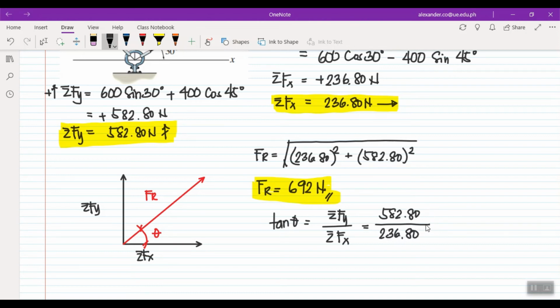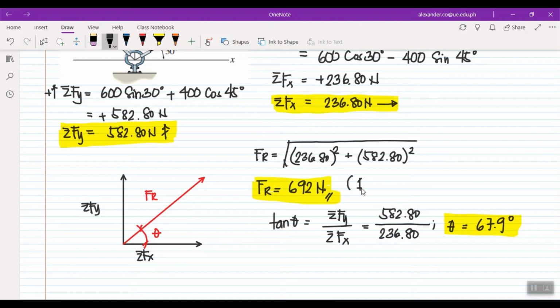236.8. So, inverse tangent. Ang sagot ay 67.9 degrees. So, the final answer is this one. The magnitude is 692 at first quadrant, having theta of 67.9. So, lagay na rin natin dito